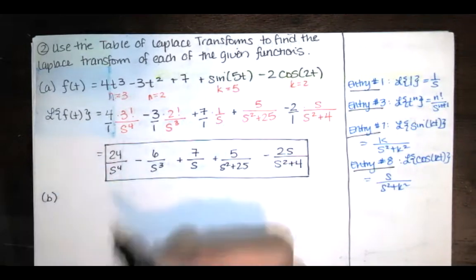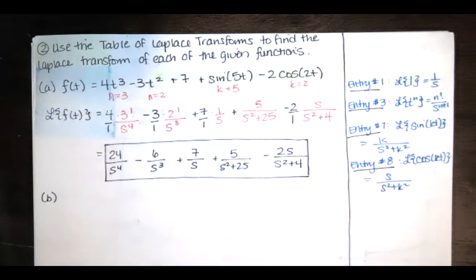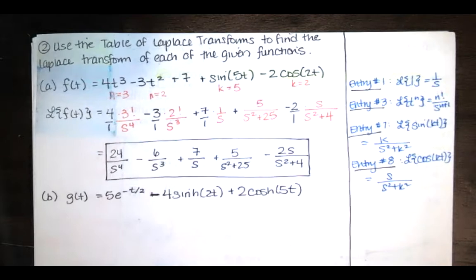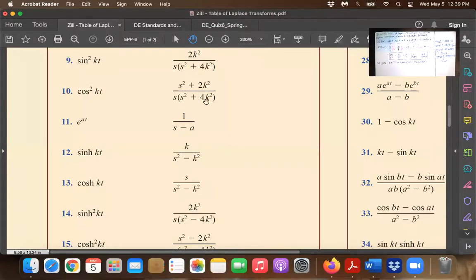Okay, great. And let's look at part B now. Okay, so we have an exponential this time and a hyperbolic sine function and a hyperbolic cosine function. So let's find those entries in our table. All right, it looks like entries 11, 12, and 13 are exactly what we need. Entry number 11 tells us that the Laplace transform of e to the at is 1 over s minus a. We derived that in class. And entry number 12